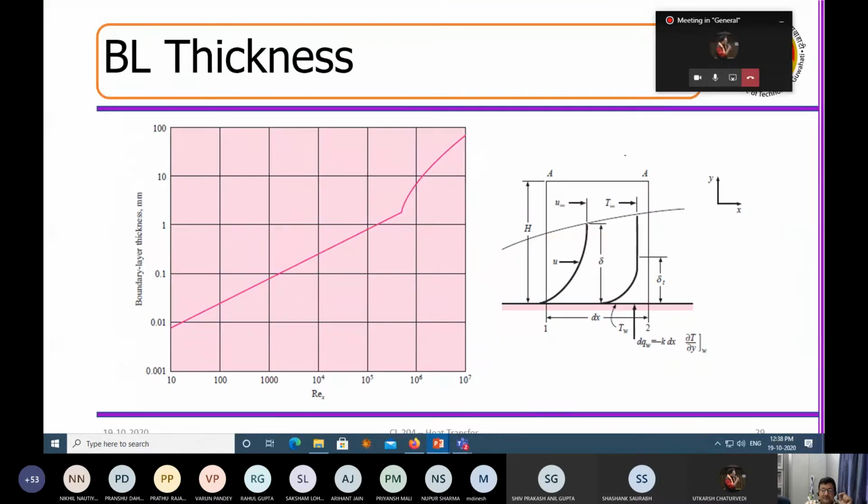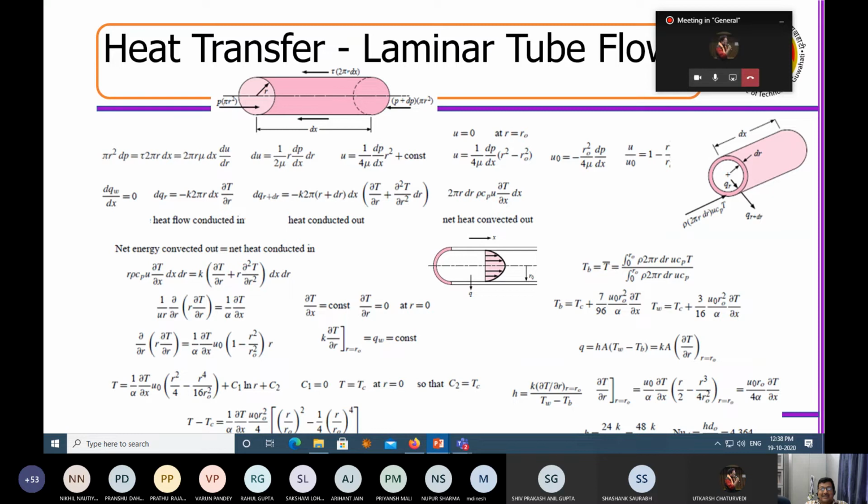Now, once you appreciate that, how has it been done analytically? These days you just take the entire set of transport equations and you solve them numerically. But if you really want to do it analytically, that is also possible. You see how simple it is. This you have perhaps been through in fluid mechanics: you have a pressure drop across a pipe, and then there is a flow. It's a fully developed steady state flow.